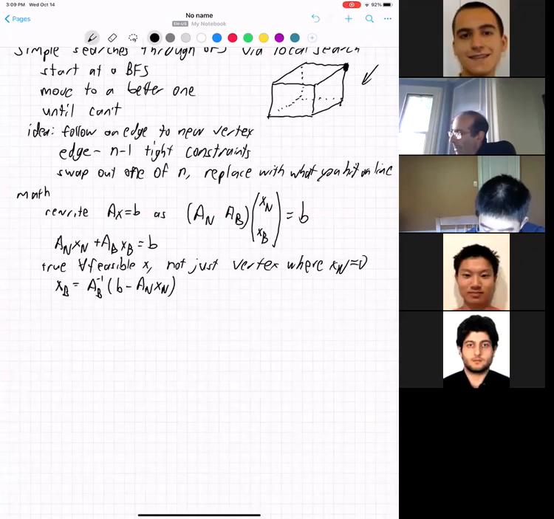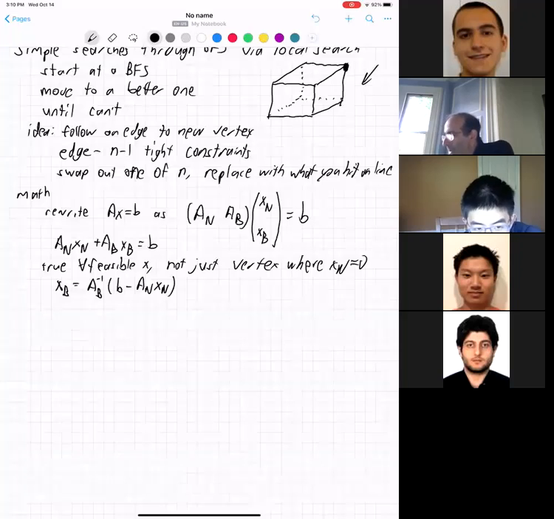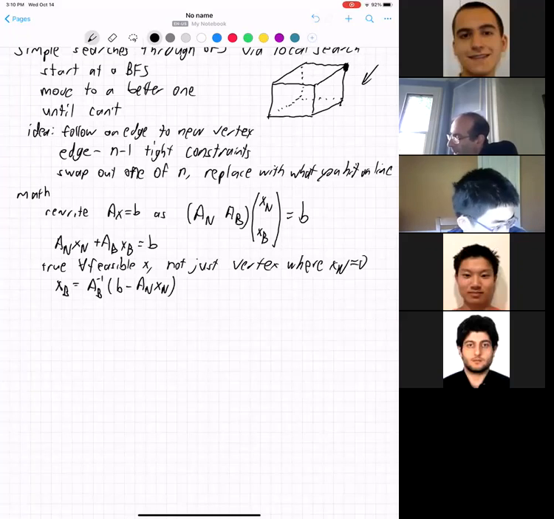So again, I'm thinking about moving from my vertex. I'm going to move by modifying some of the xn's, and this tells me how I should change the xb's. So this tells me the relationship between xb and xn as I modify. Now I can also write the objective,